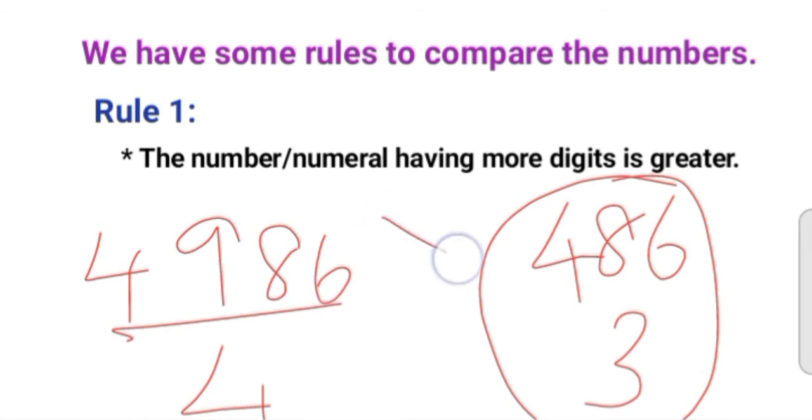So we can compare like this. Understand? According to the digits, the value will be changing. So it has 4000, but it has only 400. So this is the biggest number, this is the smallest number. So the first rule, when you want to compare numbers, first we have to count how many digits are there. Here it has 4 digits, it has 3 digits. So the 3-digit number is the smallest number, and the 4-digit number is the biggest number.